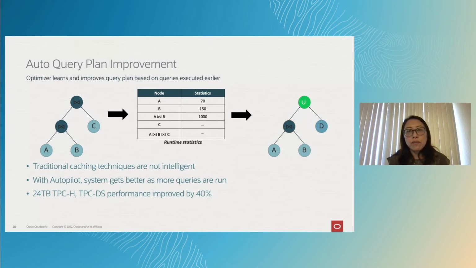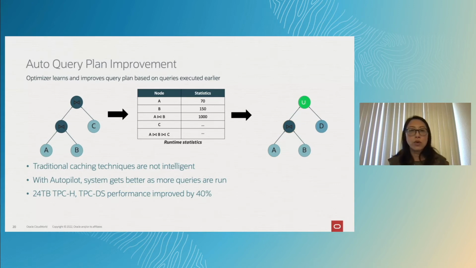but then the top construct is different. But the advantage of this feature is that even though these two queries are not the same, they have a similar construct, so we can use the statistics from the left-hand side query to help improve the query on the right-hand side. So if you run the query on the left-hand side first, we collect the statistics and use them to help improve the query plan for the right-hand side query. So when the right-hand side query first runs, it will get a better query plan and hence better performance